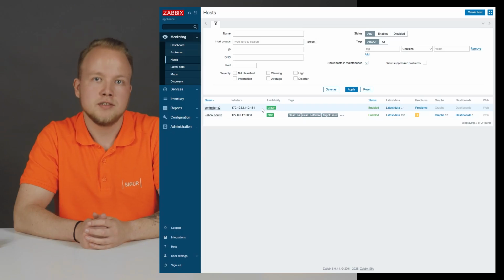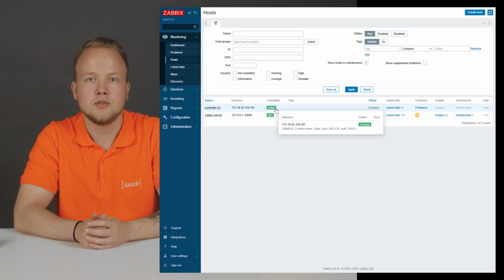This port also serves to establish communication and ensure proper routing of network traffic between devices. After specifying all the necessary connection parameters, we save the changes. Let's go back to the Zabbix server and check if a connection with our controller has been established. Now the monitoring system can successfully connect to the Sigur controller and receive information about its status using the SNMP